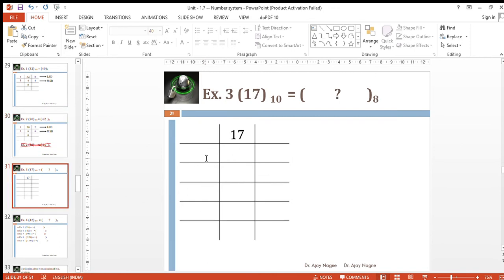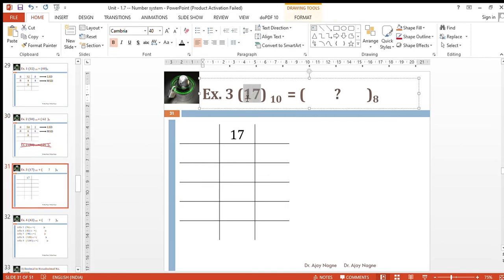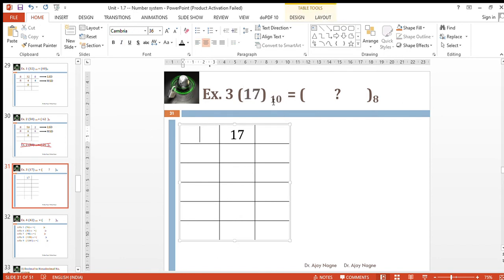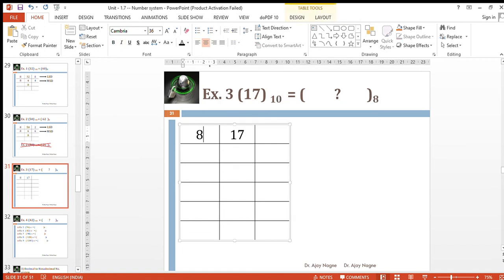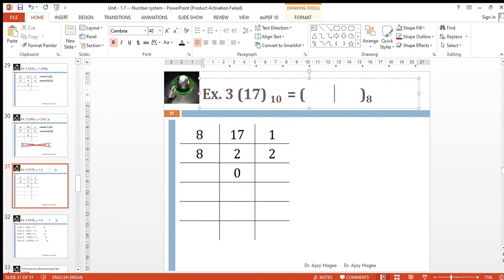Now we will take another example. Consider that this is 17. We have 17 decimal number, and have to convert it into octal number, then perform the mod operation on it. What will come? 8 twos are 16, right? So here will be 2 and here will be 1. Then again mod 8, here again 2 will be the remainder and output will be 0. So what output will come, 12 or 21? 21, right?